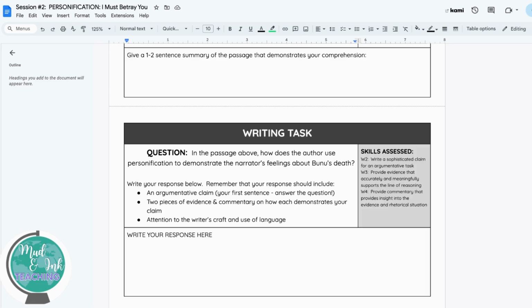And so whether you're pairing this with another poem about death, or if you want to look into our masterclass resources and look at some of the suggested items in there, there are lots of other poems and short stories and lots of places where death specifically is personified, but personification is used in so many other ways. Wouldn't this be so cool to use with The Book Thief? I can see this being a really awesome pairing with that as well.